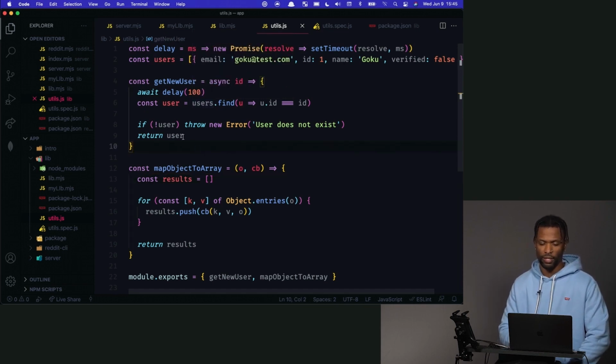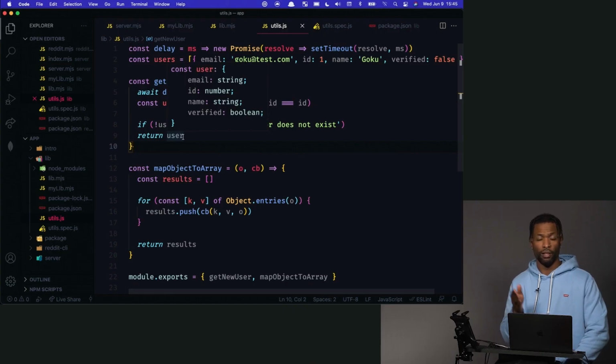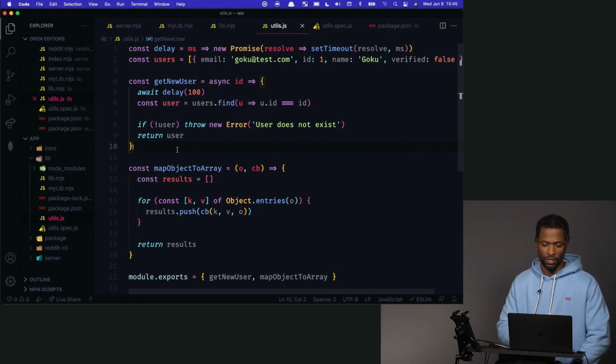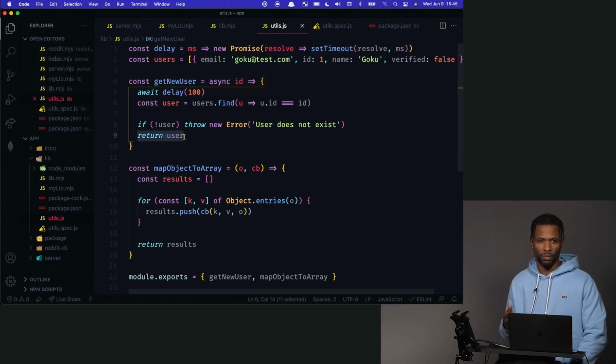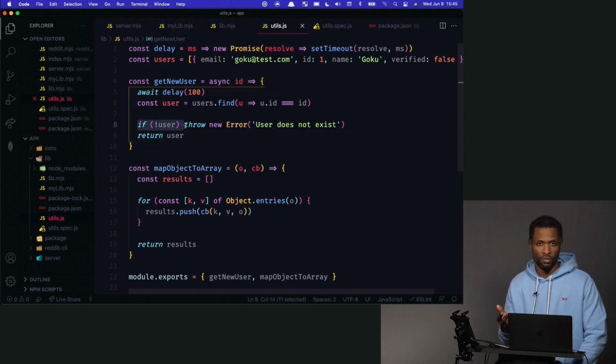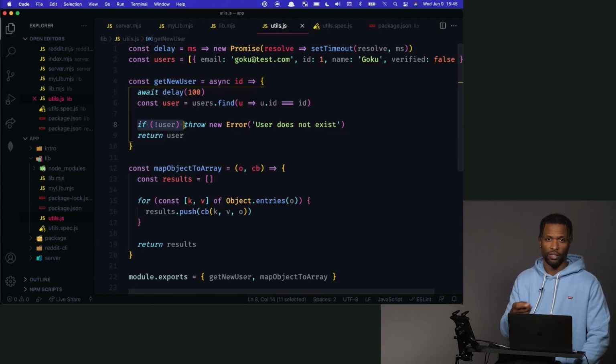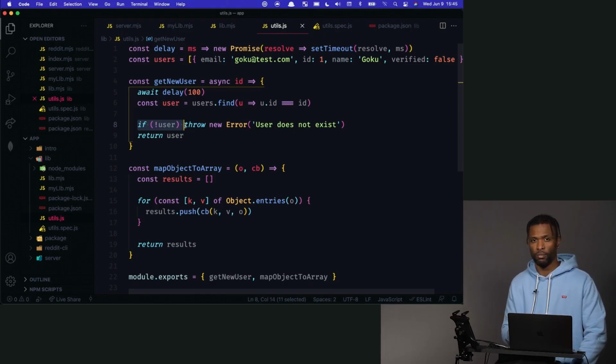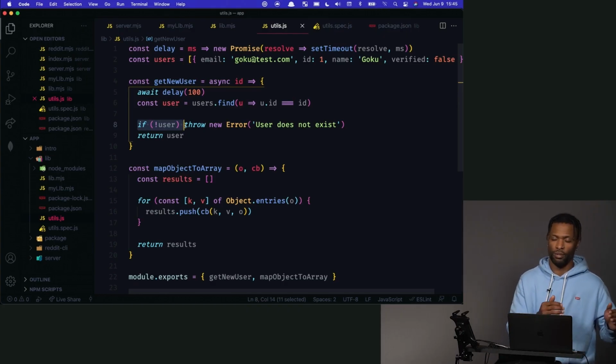I think a lot of people, when they write tests, only write tests for the best cases. In this case, they would only write a test to see if it would get a user, and then they would ignore everything else. But you also want to test when it doesn't get a user. Whenever there's a branch in your code, as in an if statement or a switch, you should test that branch. In fact, there's a tool that you can install in Jest or any other testing program that will literally highlight the code that you did test, and it will highlight the code that you didn't test,